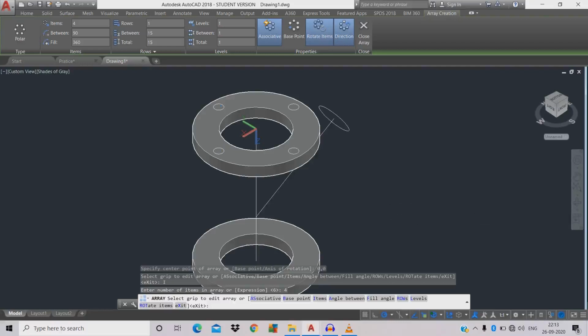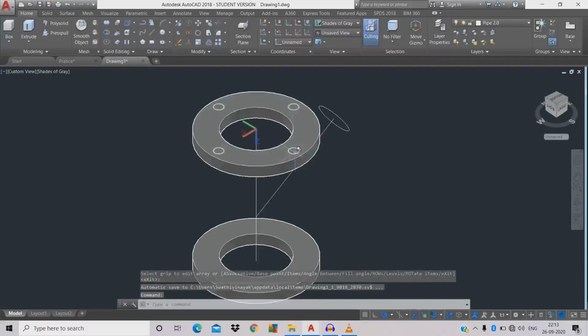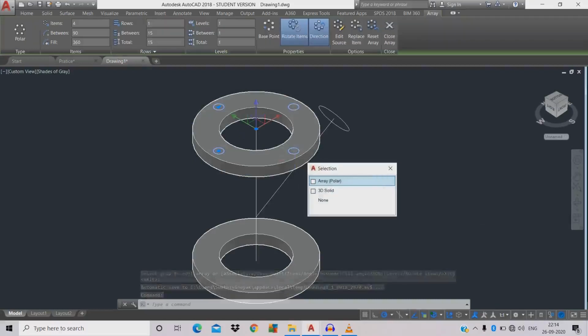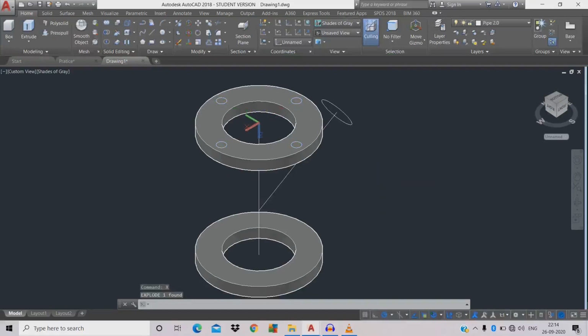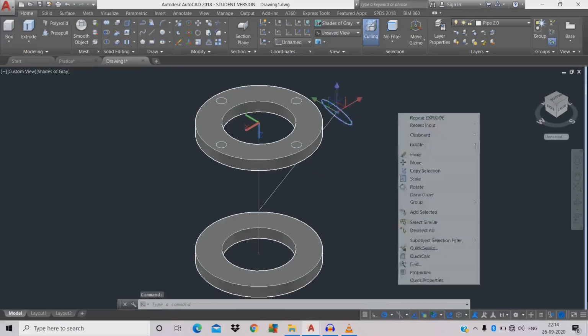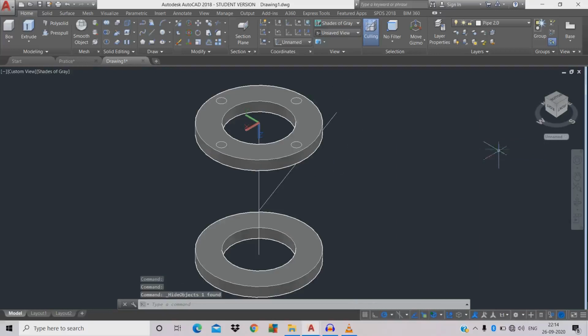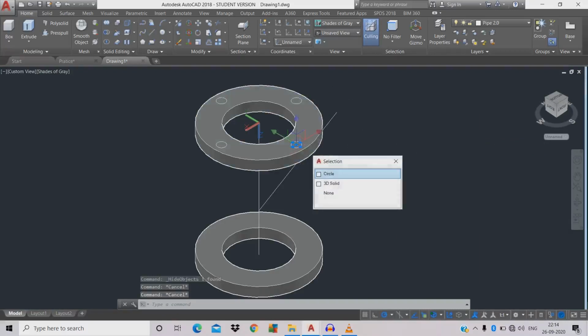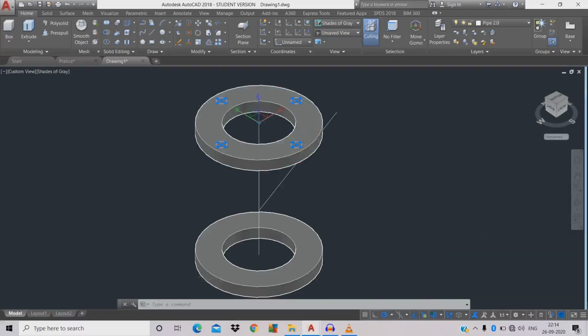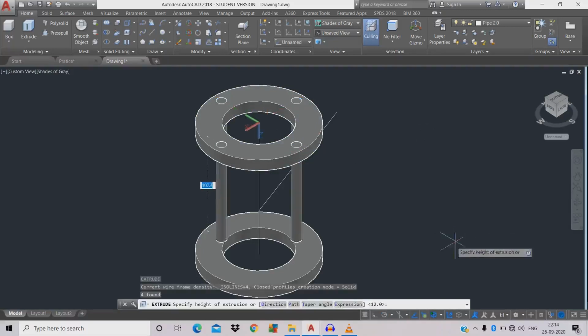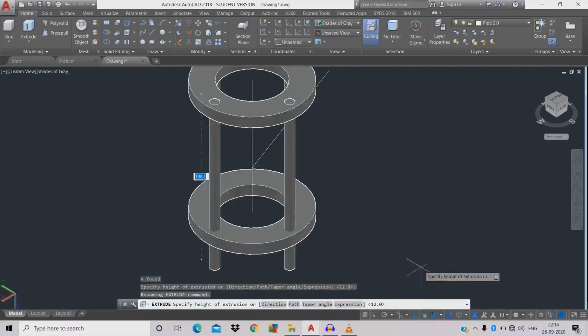Okay, now it is in region position, so click the object, array polar, X for explode, because we're gonna do some alteration in the polar array, that's the reason. So click the object over here, right click, now we're gonna hide the object. Just click the circle, then right click the mouse, go to select similar space, EXT space, extrusion, just drag downwards.